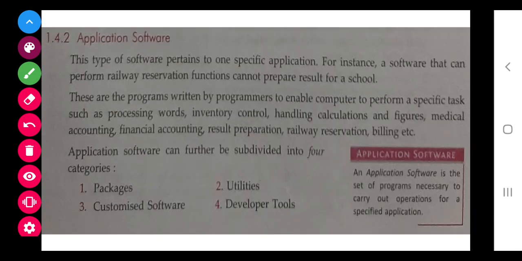Now application software. When we install system software, we need some application software also, which will help in your different work. For example, if I want to do painting, I will install MS Paint.